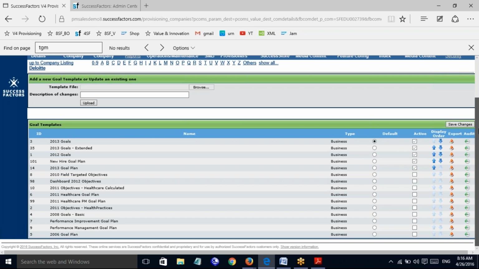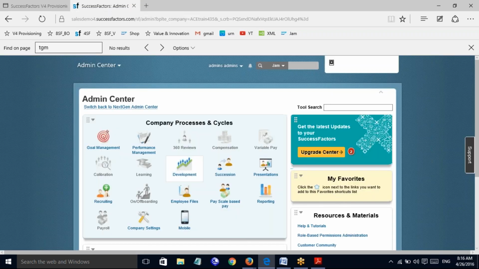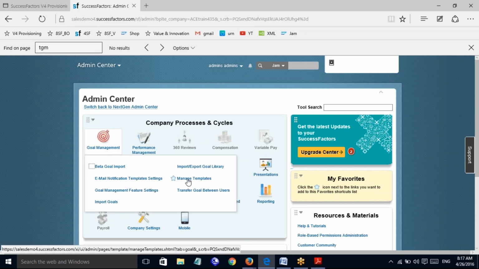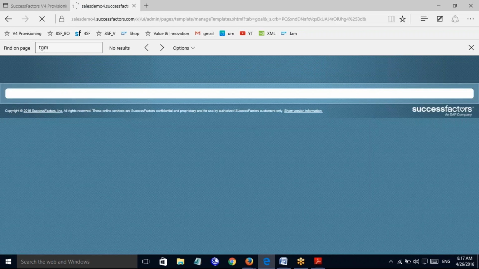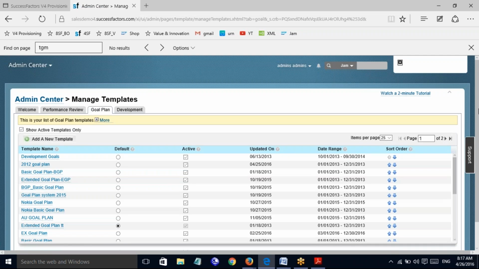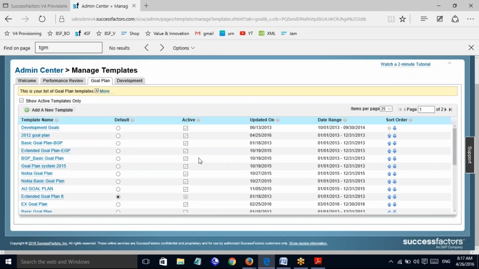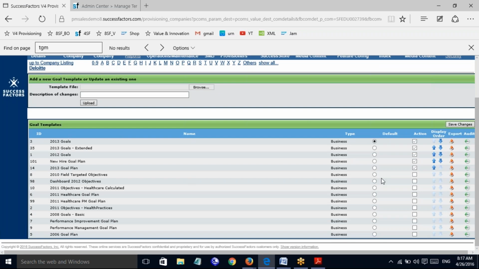So now if you want to download, right, what do you have to do? You can also see the same way which you have seen in your instance. Right, you can see the default and the active, and you can also export, and you can also see the audit, all the changes which have taken place. And if you just come here and click on goal management, click on manage templates, you see the same way here in the instance as well. See here, right? You can see that the same way everything refers to your instance, and you can also change the order.